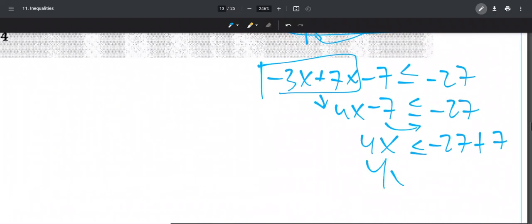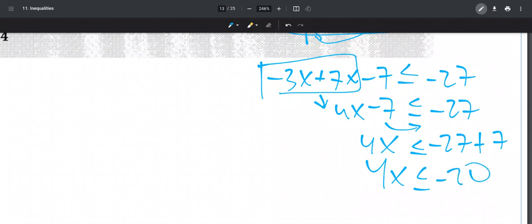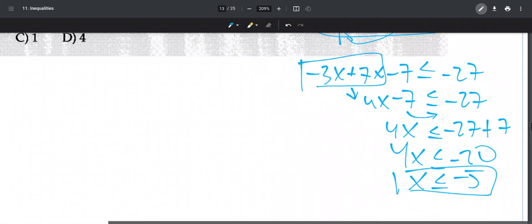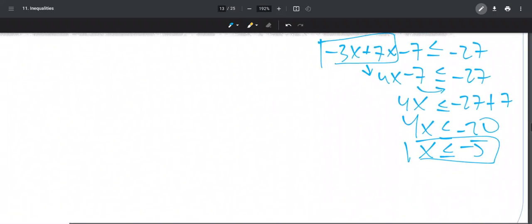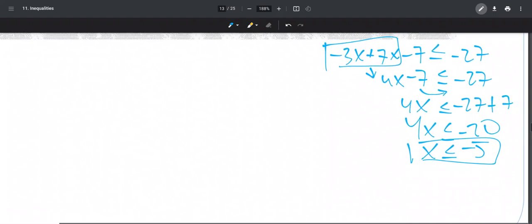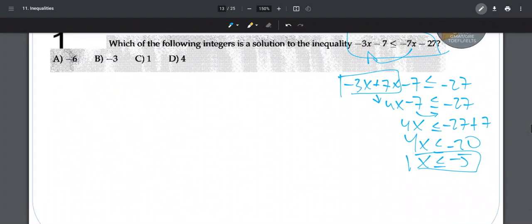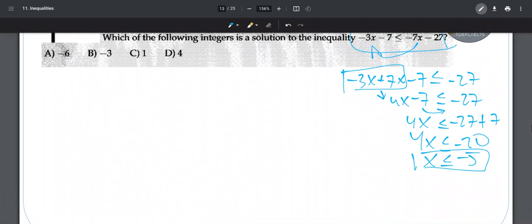So I have 4x is less than or equal to negative 27 plus 7, gives me negative 20. I'm going to pass the 4 dividing, so x is less than or equal to negative 5. Now, which values are less than or equal to negative 5? In this case, you may think is 5 and 6 and so on, but it's actually negative 5, negative 6,